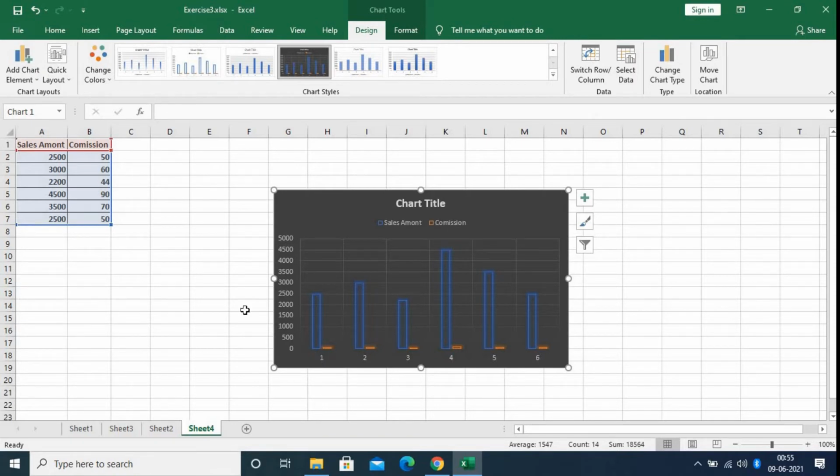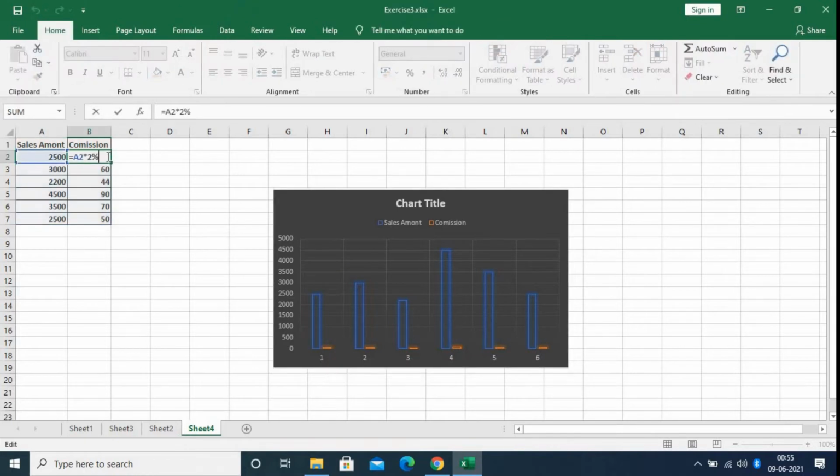Now you can see the sale is 2500, so this is the sale amount, that is 2500, and the commission is only 50.